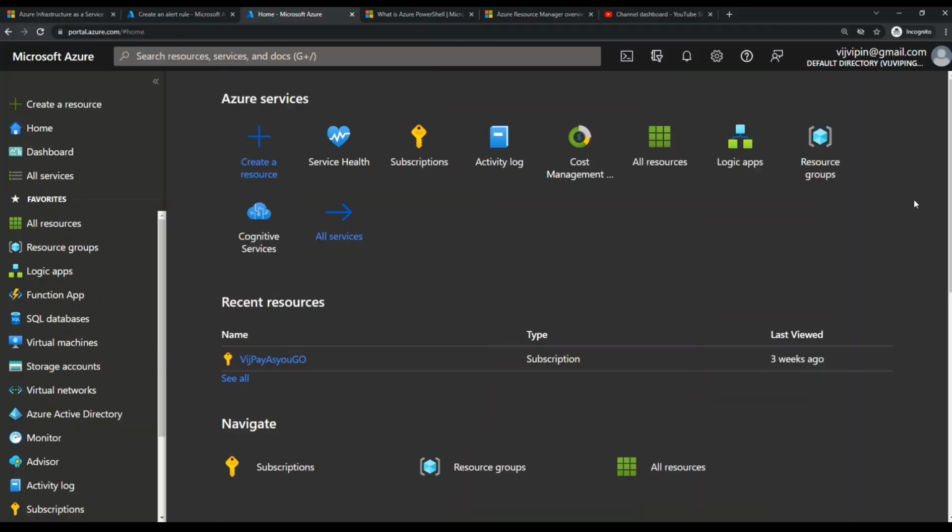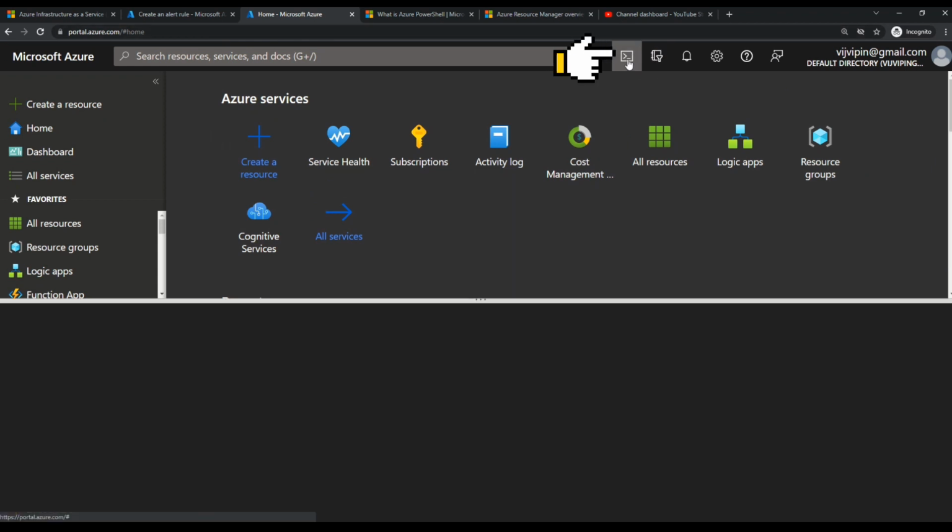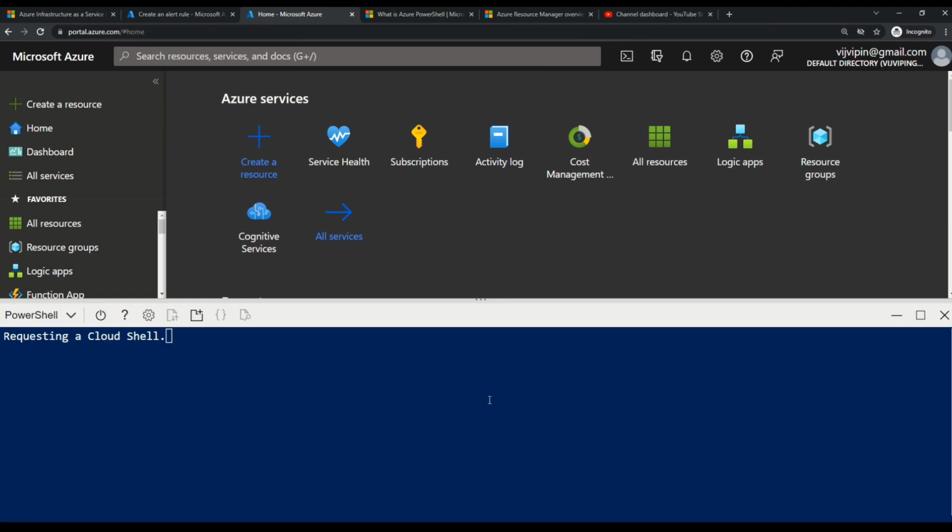Friends, I don't have a Linux computer, but I can surely show you how a Cloud Shell or Azure Cloud Shell works. So here I am on the Microsoft Azure portal. Here you can see a small button which looks like a prompt. If you click on this button, a terminal window opens and it says requesting Cloud Shell. This is exactly the Azure Cloud Shell, which you can run from any browser,